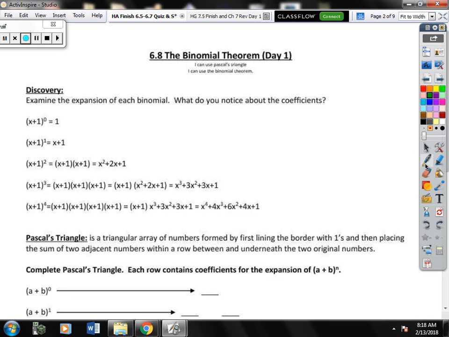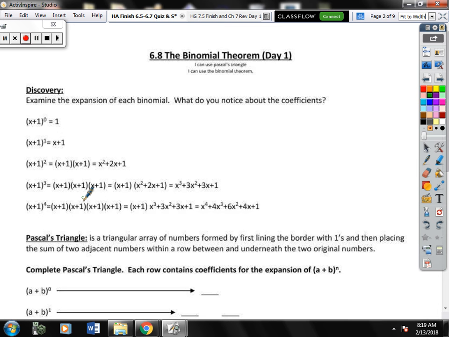So this little discovery activity, I've already FOILed them all out for you, but you can see that I have x plus 1 to the 0 power, x plus 1 to the first power, x plus 1 to the second power, which needs to be expanded and then FOILed, x plus 1 to the third, and x plus 1 to the fourth, where you would expand it 4 times, then you'd have to FOIL. Okay? We're going to notice a pattern amongst the